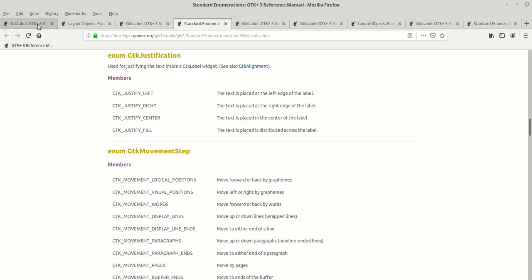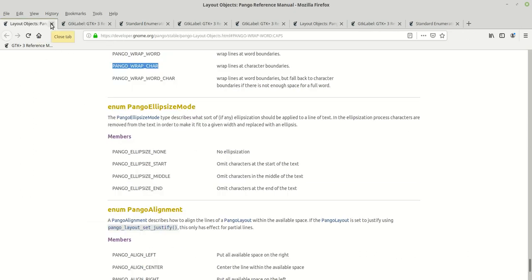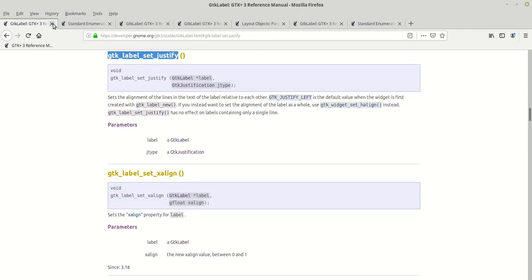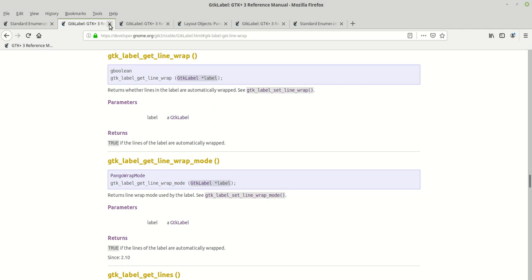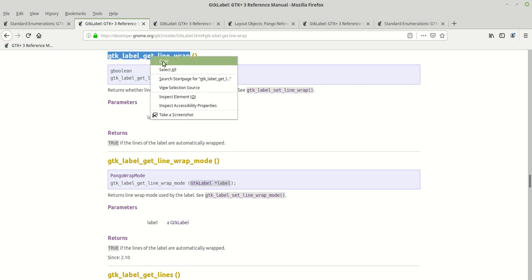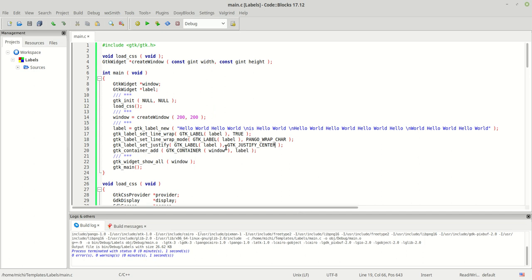Let me close this one because we don't need it anymore. This one we don't need also. We don't need it. Justify we will keep. I think we will need it anyway. GTKLabel get line wrap says it's a boolean. That being said, you can print it, or you can save it into a variable, or you can do something